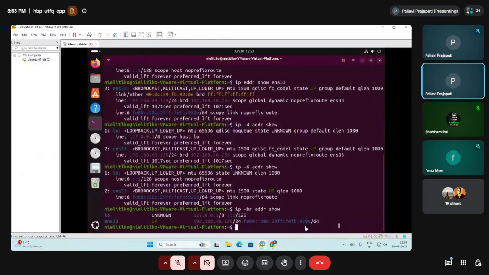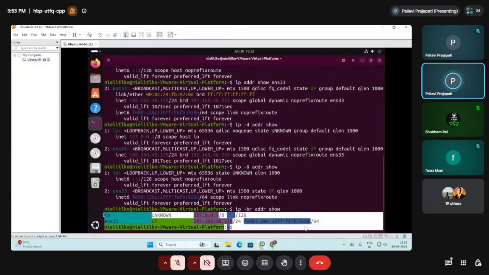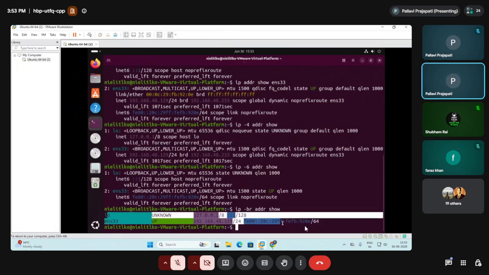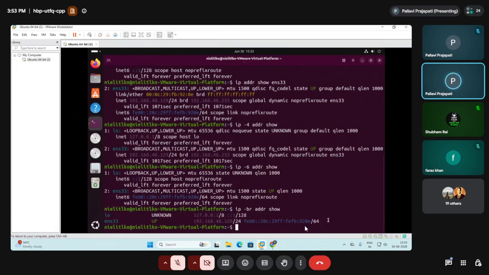See, this is the brief information about these two interfaces. I think this brief information is much more useful. And this UP, I have told you, basically means the interface is active.